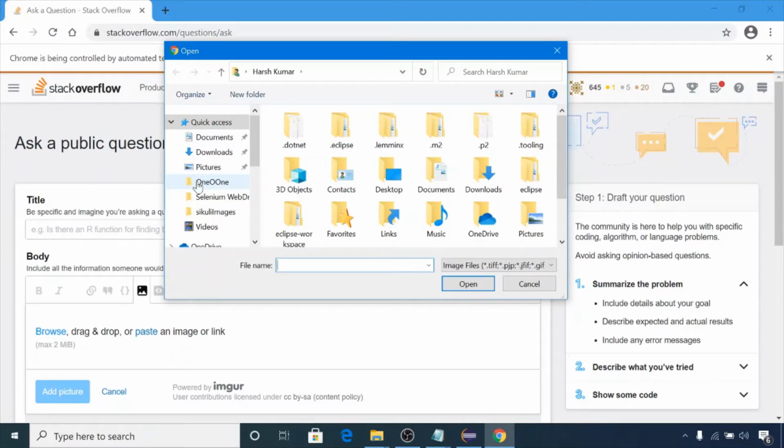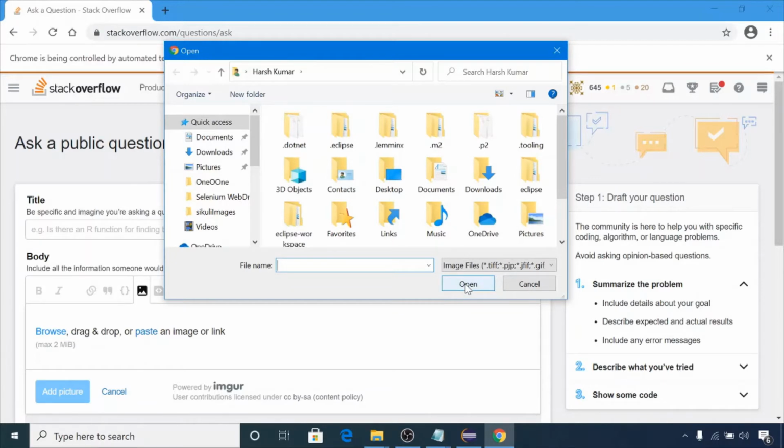Now we have to upload one file here. For that we need to pass the path of that file here in the file name text box, and after that we have to click on this Open button. To do that we need to capture screenshots of these elements. If we want to type in this text box, then we need to capture the image of this text box. And if we want to click on this Open button, we need to take a screenshot of this Open button, and then perform the click operation using the Screen class object.